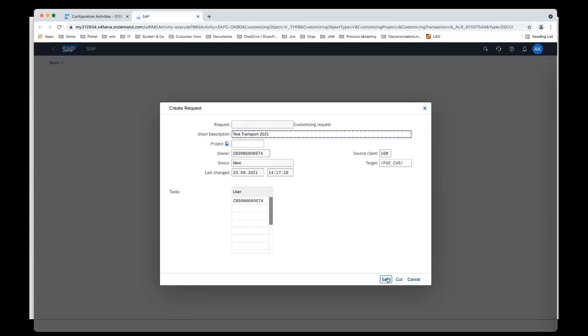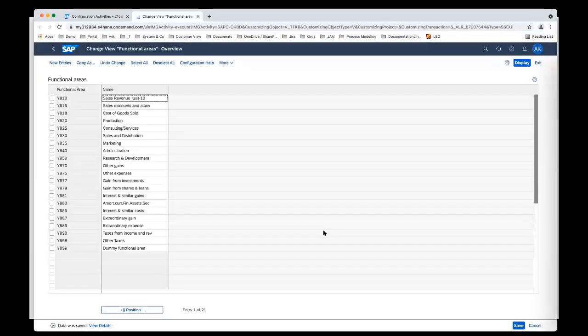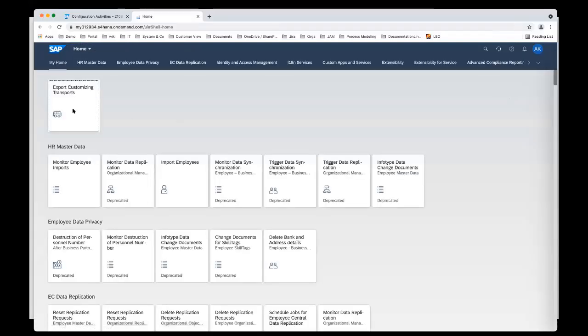And I can say save. Can say, okay, fine. And this stuff is saved on that transport. If I'm done with all my configuration changes, and I've maybe did some test here in dev, but I want to see now these configuration changes in the next system, so in the test system, I leave that application here,